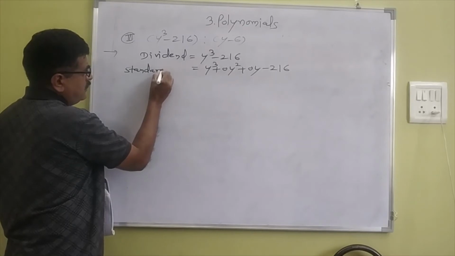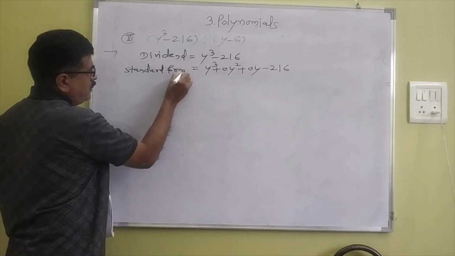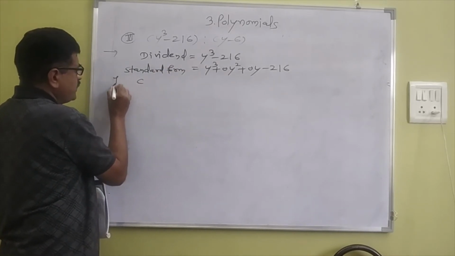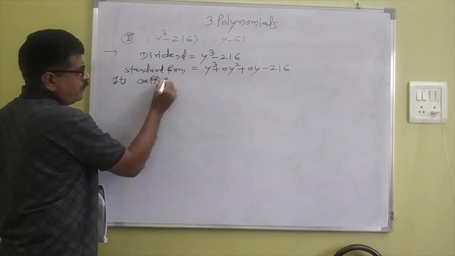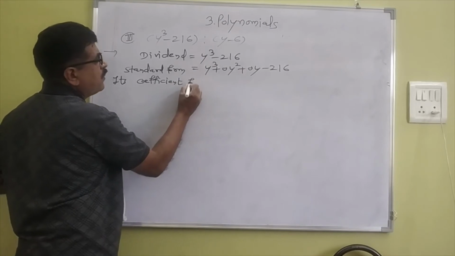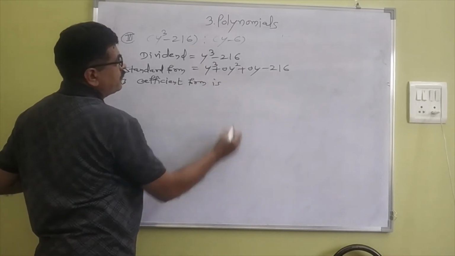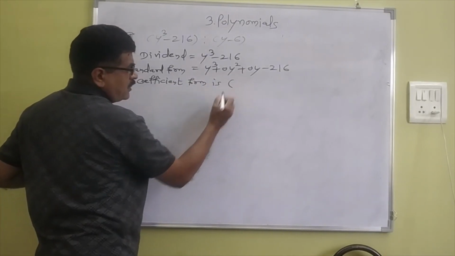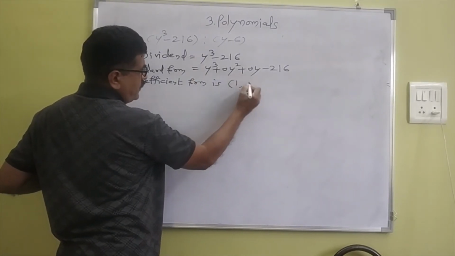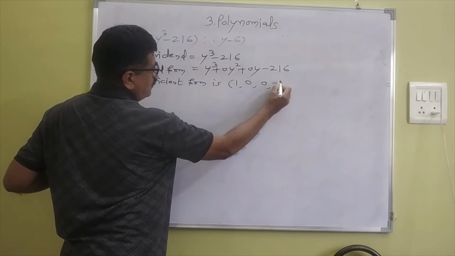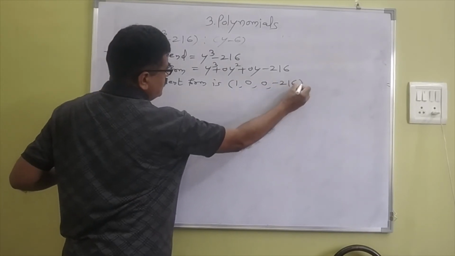Its coefficient form is, now take its coefficients, that is 1, 0, 0, minus 216,